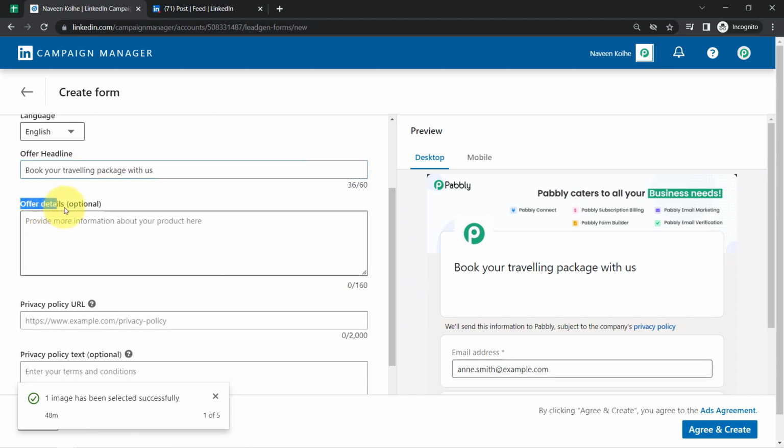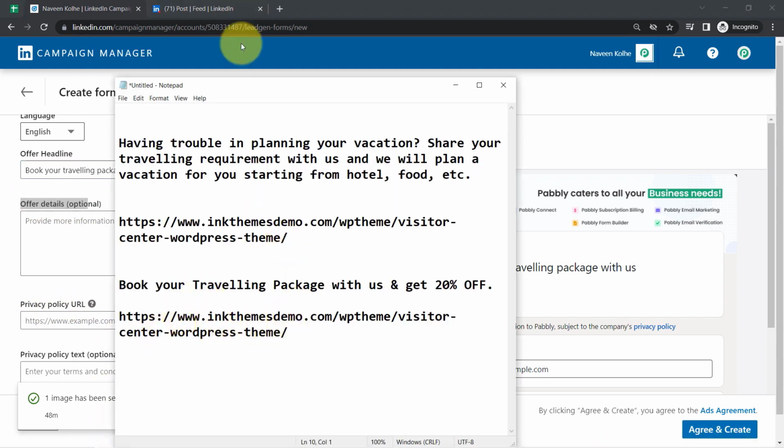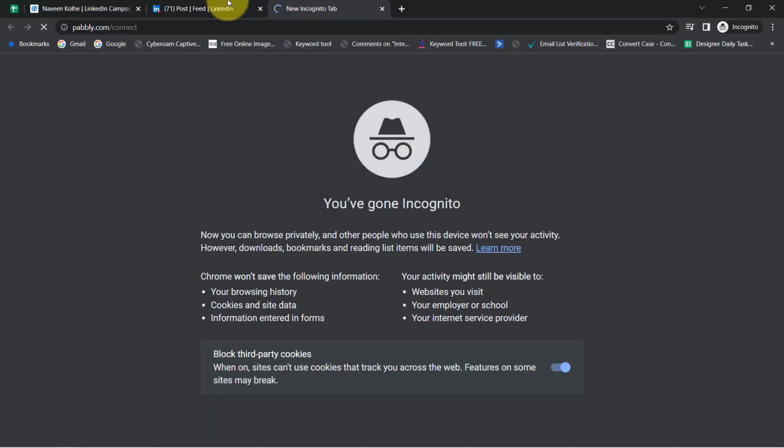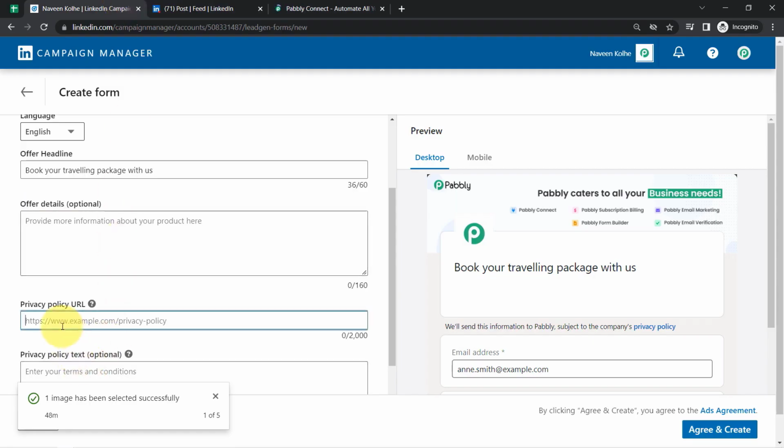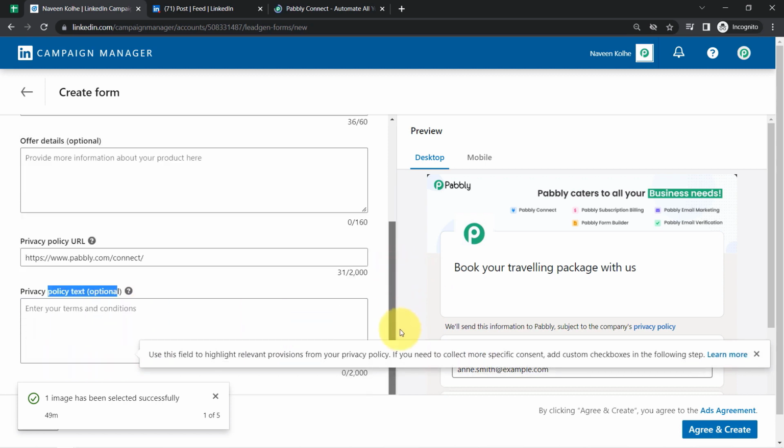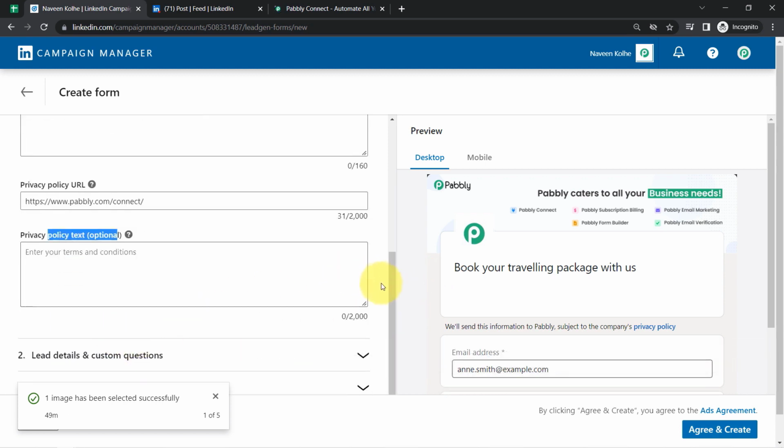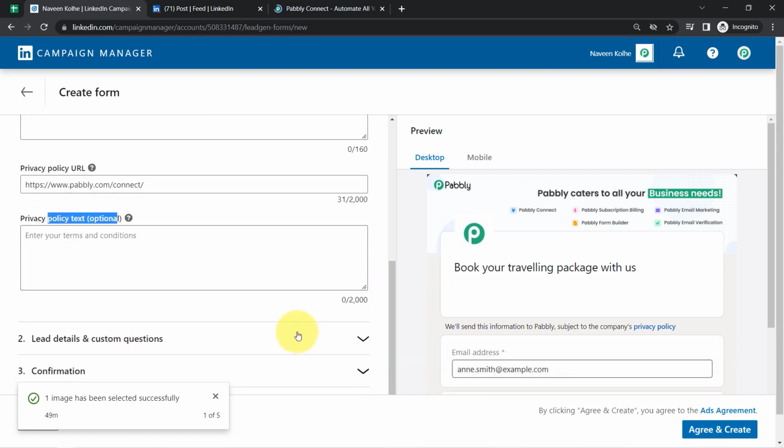Here if you want to provide any details, you can provide the same, asking for the privacy URL. So how about I paste a normal privacy URL. For now I am going to add this dummy, just a Pabbly Connect landing page URL only. Okay, and further it is asking for the privacy policy text also. So again it is optional, so I will leave it blank, and whatever the questions you would like to add